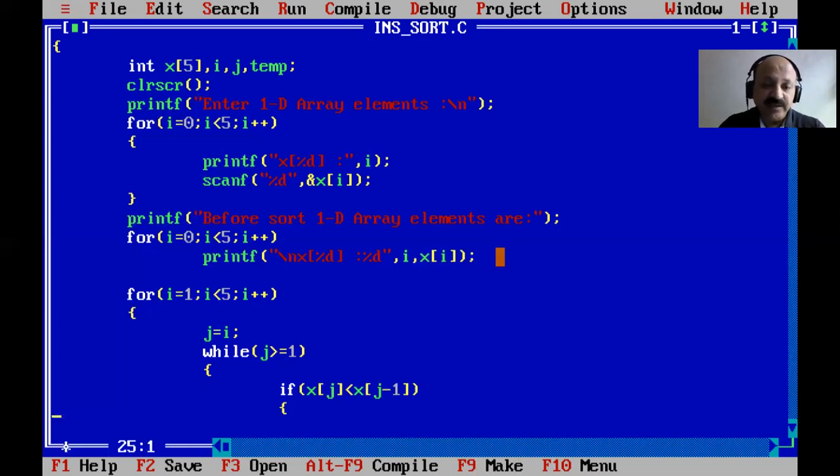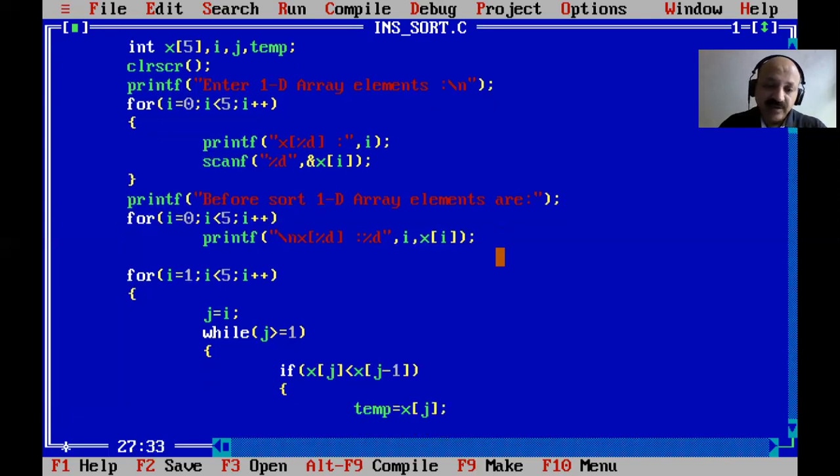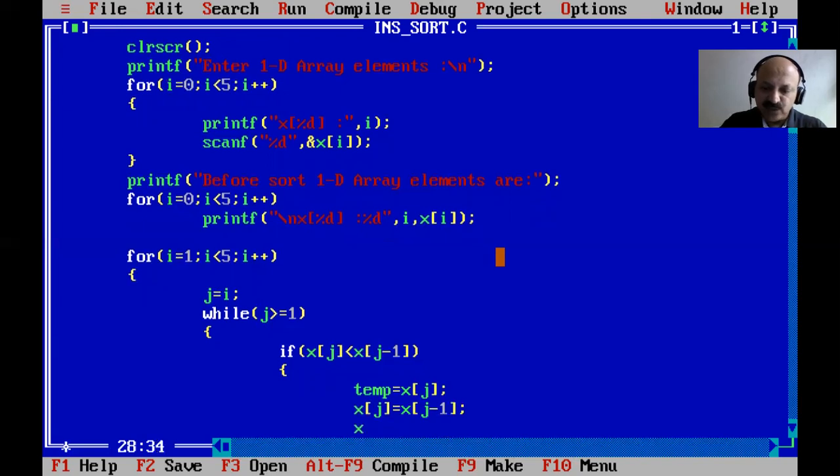We can already see this in our iteration. So that is based on this logic. So yes, we take x of j, not i. Here i is not used in our if condition. So all are j, and then x of j is free, means we take that value into the temp variable and then assign to x of j, x of j minus 1. So that is the swap, and x of j minus 1 equal to temp.